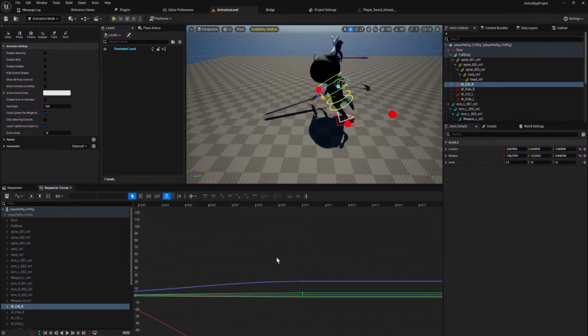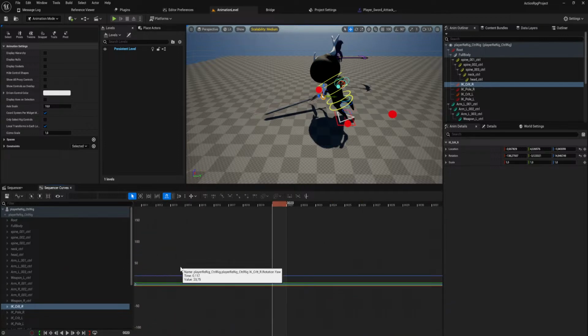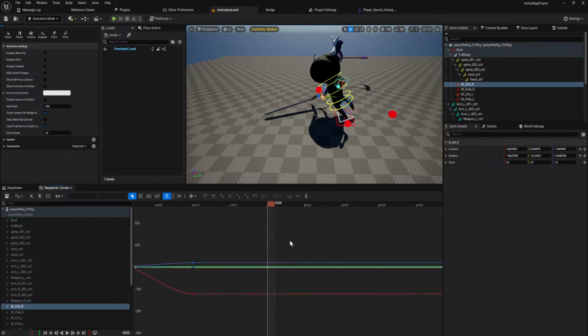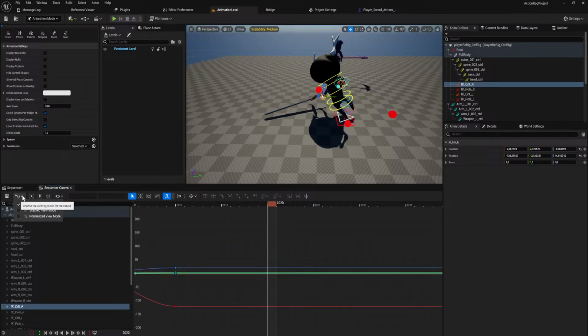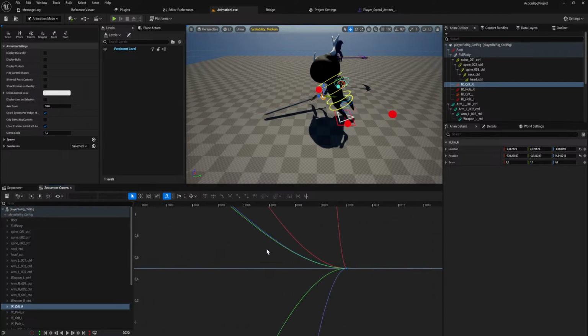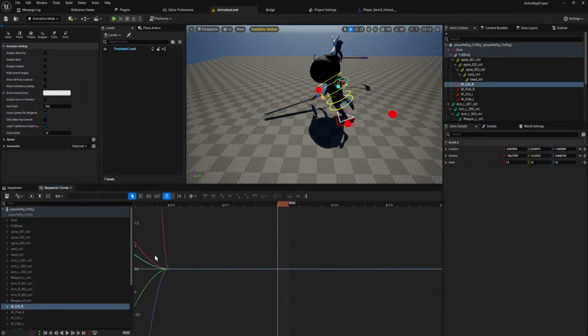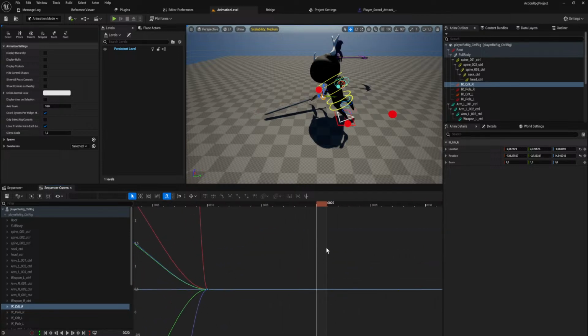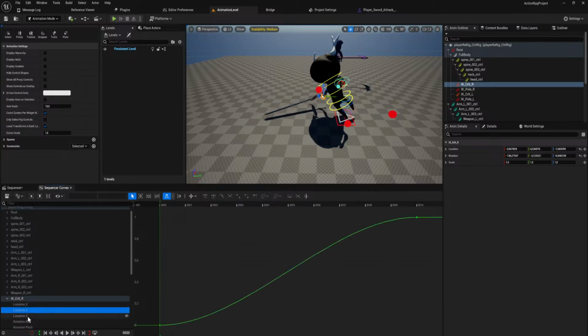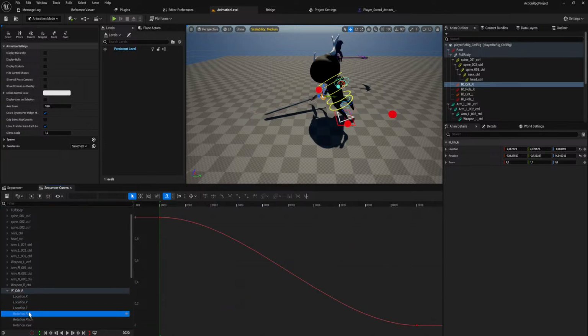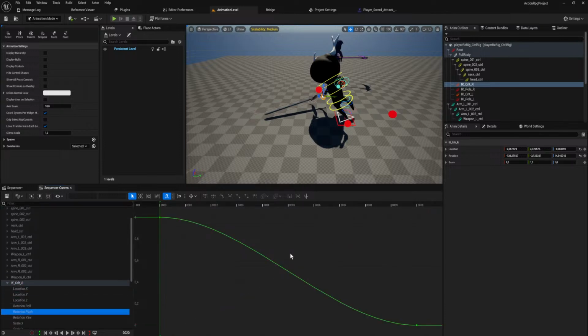Where even are we on the timeline? There we are. Can we just get this normalized? Thank you. What the? Where are we? Location. I think this is mostly a rotation thing, right?